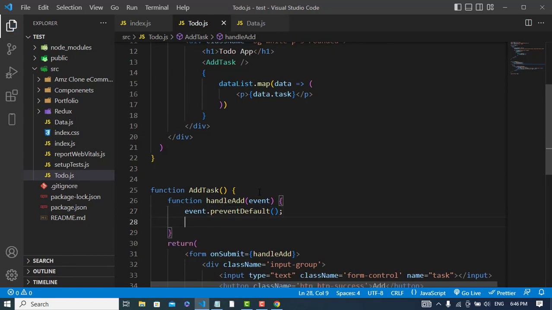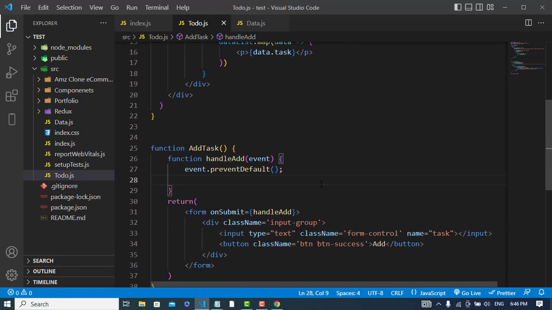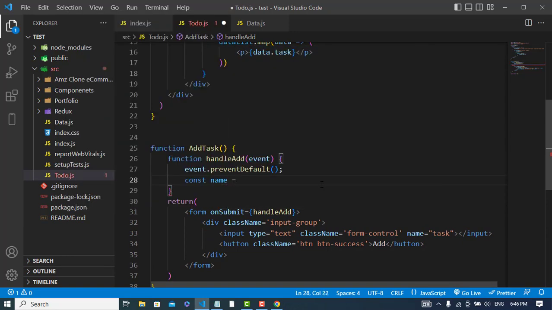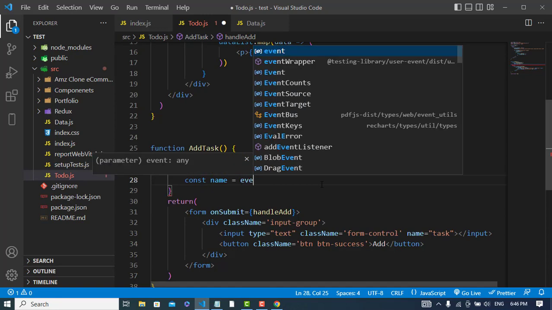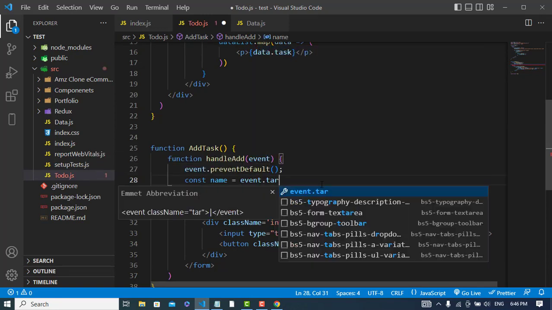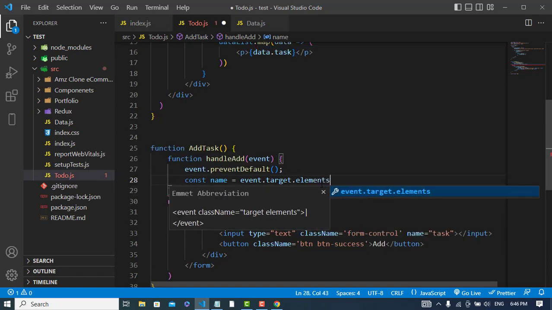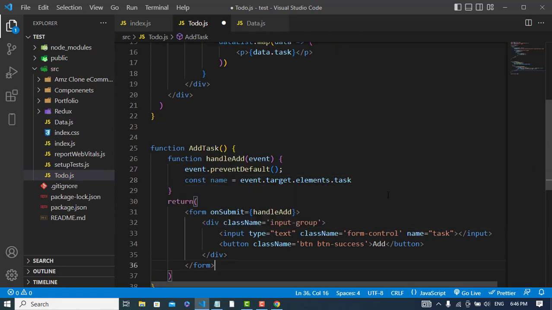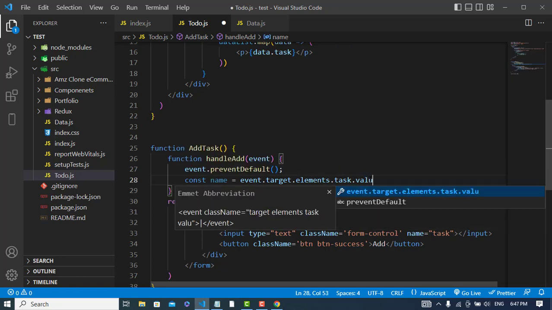And here I should feature the name. Okay, const name is equal to, our task is equal to event.target.elements.task. Okay, the name is task. Here we assigned task.value,